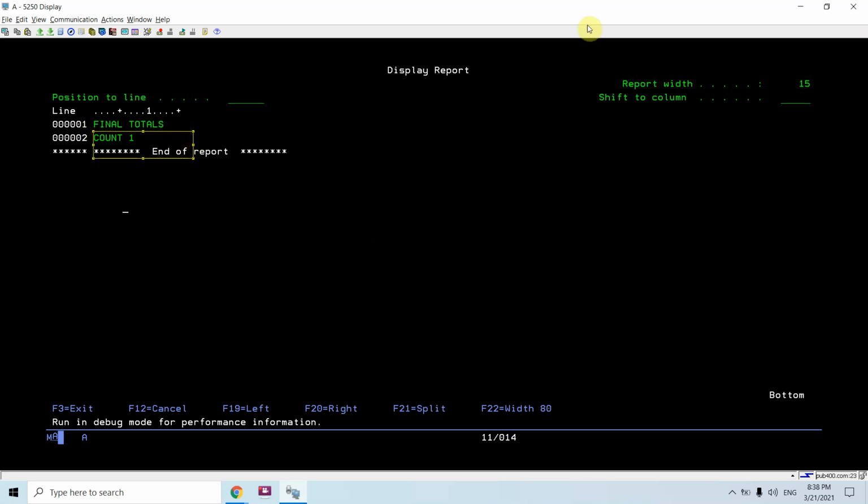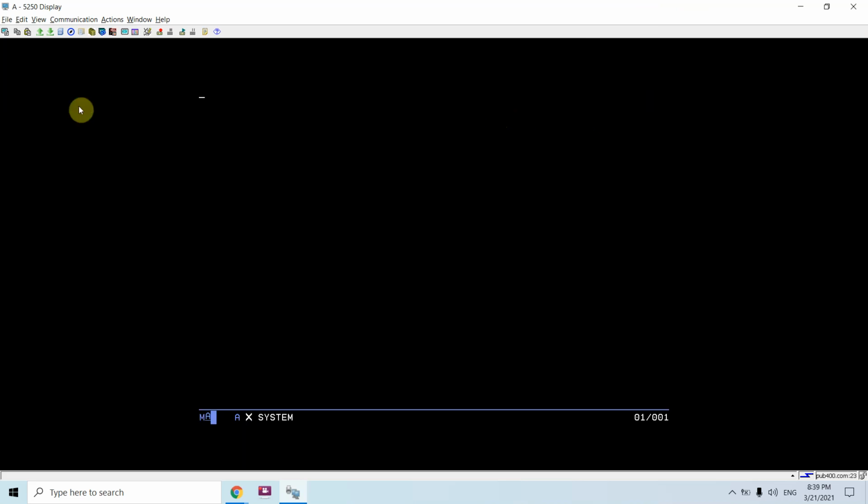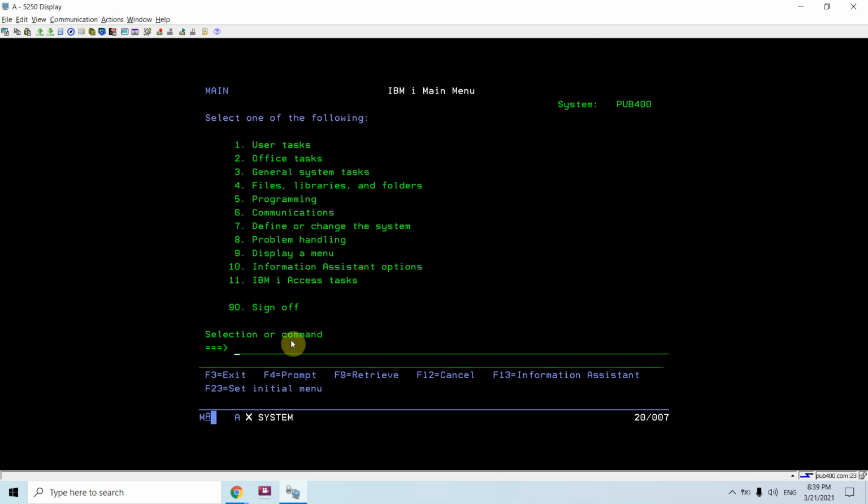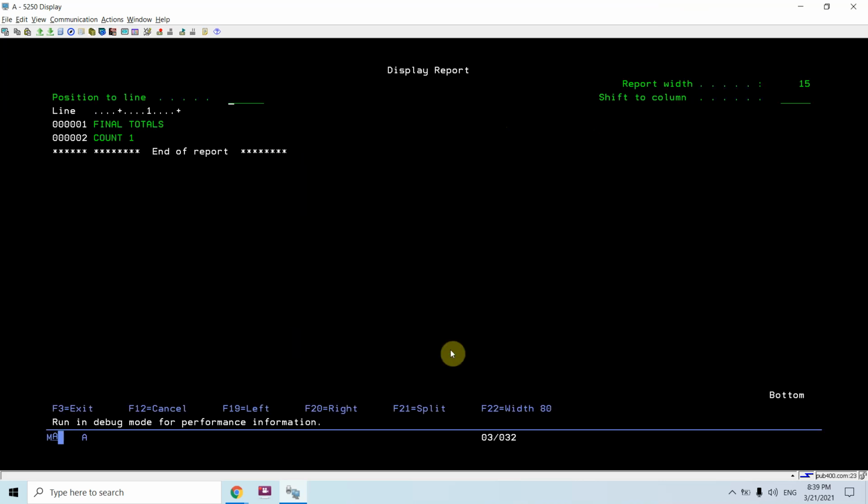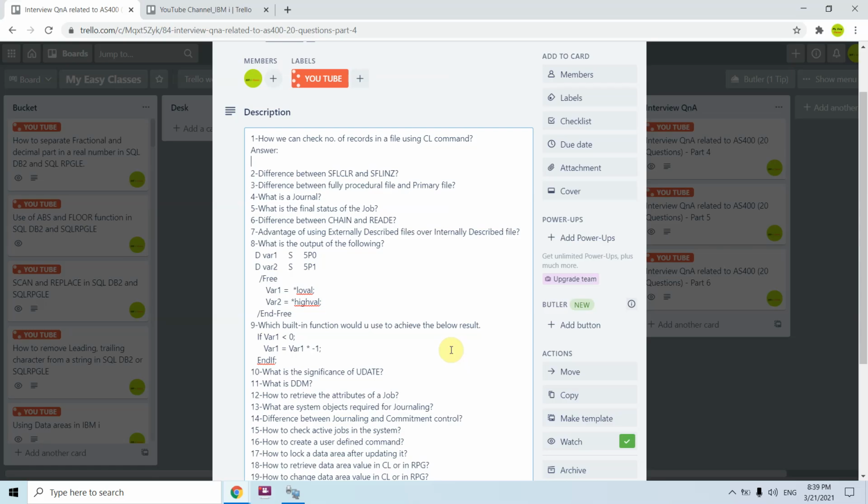So you can declare this file in your CL program and then run the command, run query file with outform *SUMMARY. Then you can read that final field, which is count, and the total is 1. So you will get the count. These are the ways through which you can get the record count using CL commands.